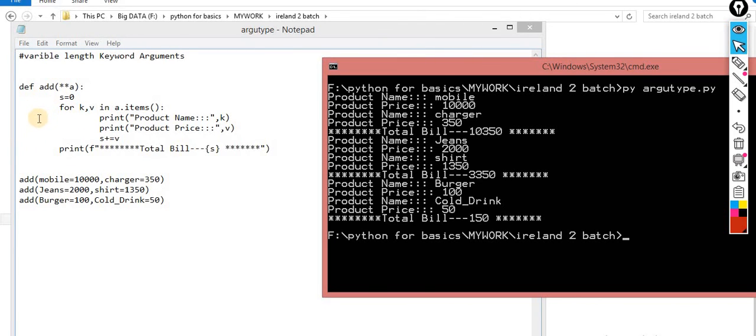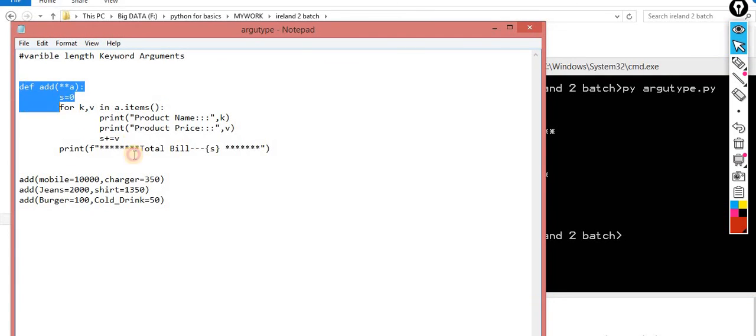So I show you the way how you can implement the same thing. Here the function name is the same, but again the parameters are different. It doesn't mean that you are only supposed to pass 2 parameters. You can pass even 3, don't worry. Let's suppose he buys a t-shirt as well. It doesn't mean that you are supposed to pass only 3 items.